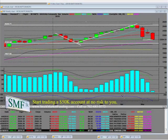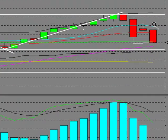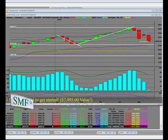What I would like you to know, if you didn't go to cash, any up move into resistance, you should think about it as selling into the move. A lot of people got caught in this reversal. I'm not saying that things are doom and gloom. What I am saying to you is,